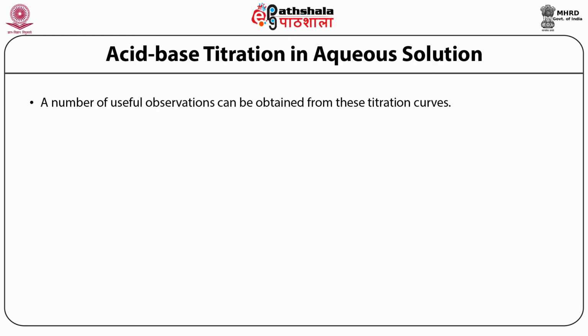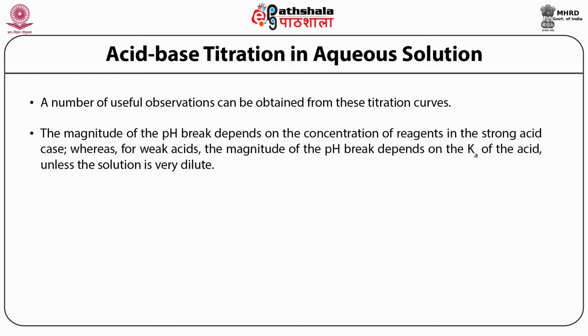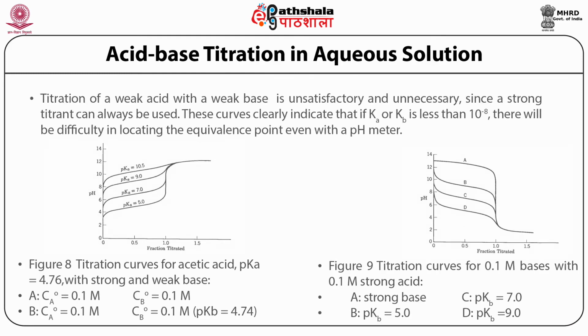For example, note that the pH change near the equivalence point is considerably smaller in the weak acid titration than in the strong acid case. The magnitude of the pH break depends on the concentration of reagents in the strong acid case, whereas for weak acids, the magnitude of the pH break depends on the Ka of the acid unless the solution is very dilute. Titration of a weak acid with a weak base is unsatisfactory and unnecessary since a strong titrant